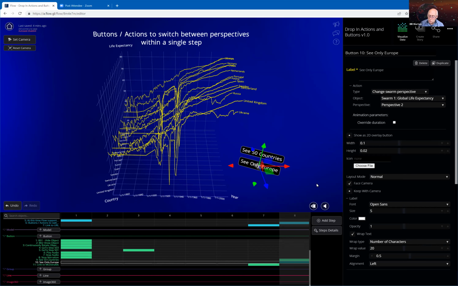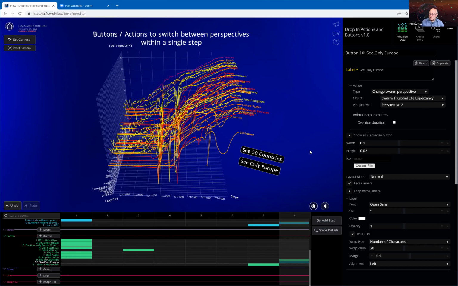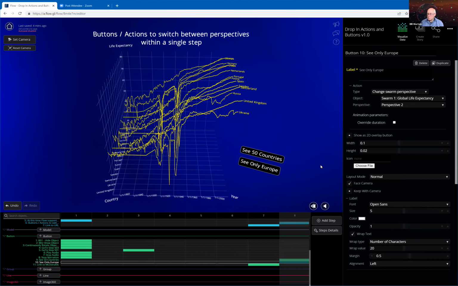Let's see what happens when I click this button. Here we've got 50 countries. It animates and transitions. What I've done here is transition from perspective number 2 for swarm 1 to perspective number 1 for swarm 1. That's the 50 countries. If I want to go back and see only Europe, I click that, and I get just Europe. Here I'm not transitioning between steps at all. This is an intra-step